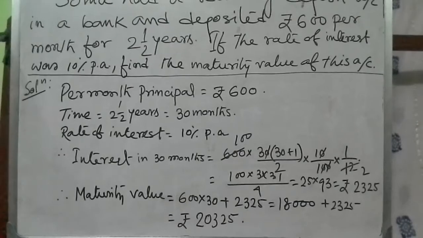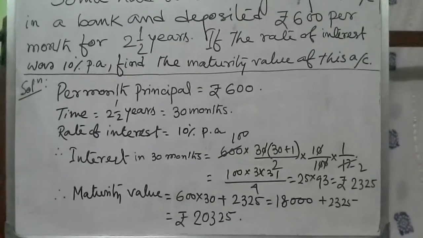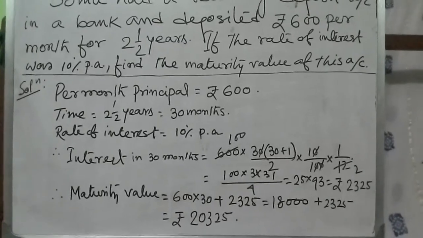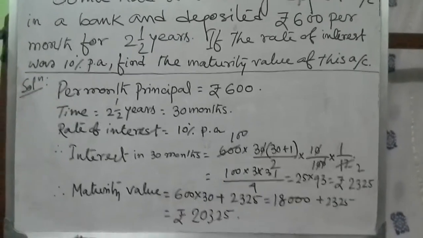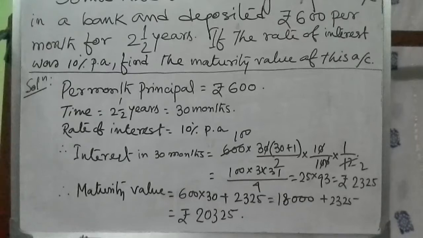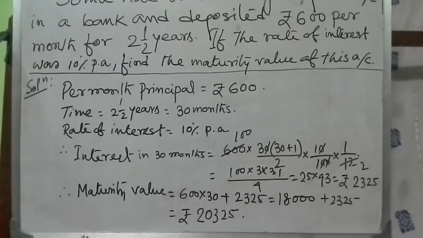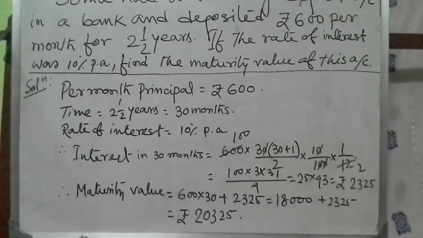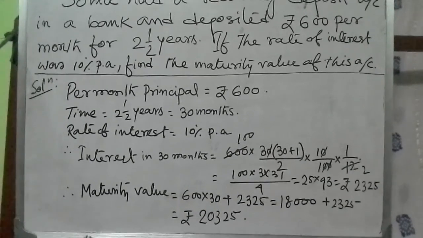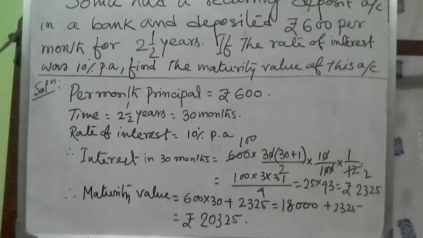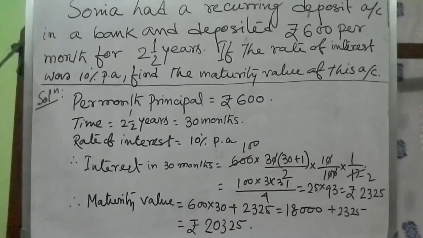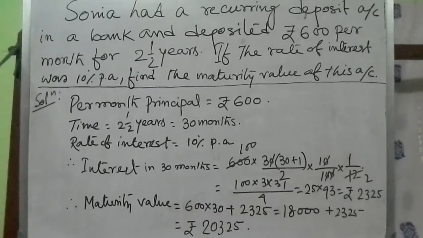So per month installment is 600 rupees, time 2.5 years, that is 30 months, rate of interest 10% per annum. Therefore interest in 30 months is 600 into 30 into 30 plus 1 by 2 into 10 by 100 into 1 by 12. So we have applied the formula and the answer is coming